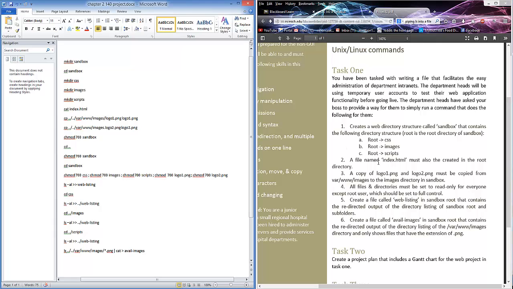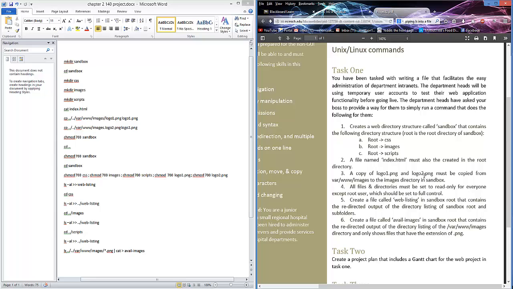Then we have the next bit here, which is a copy of logo 1 and logo 2. Both PNG images must be copied from var www images, which is a folder off of the actual root folder, which I had to find. Basically we're going to have to make a copy of those into our de facto root folder of sandbox. So from our current position inside sandbox, I'm backing up 1 to my home directory,